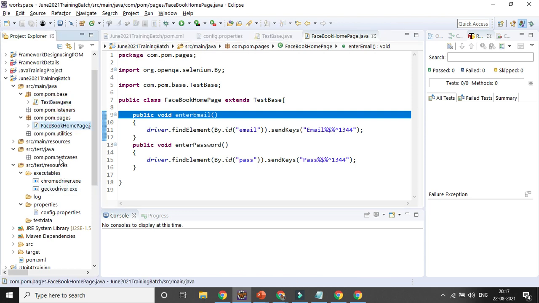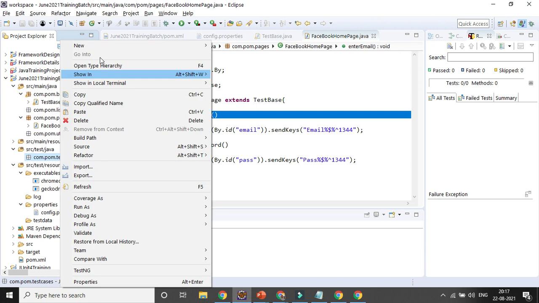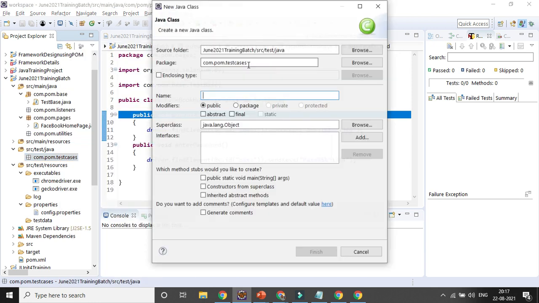Then I will be creating my test cases here, right? So let's try to create the test cases here. So new class, suppose say test Facebook home page, right?